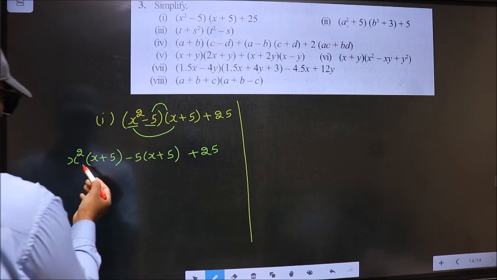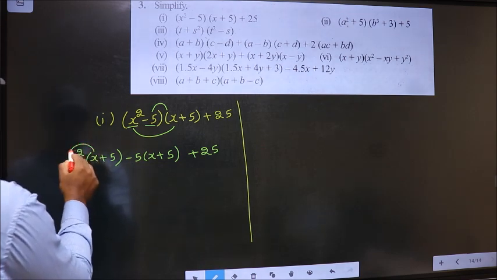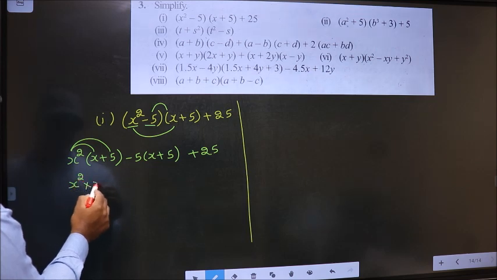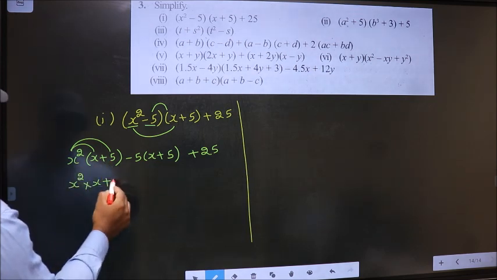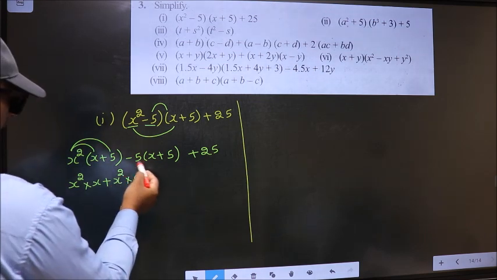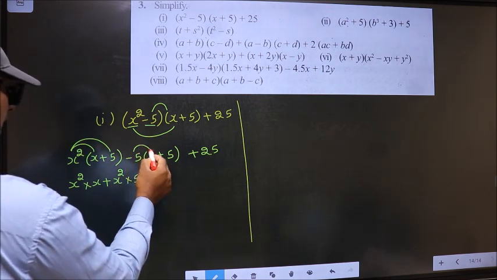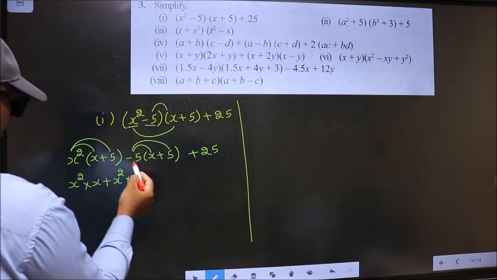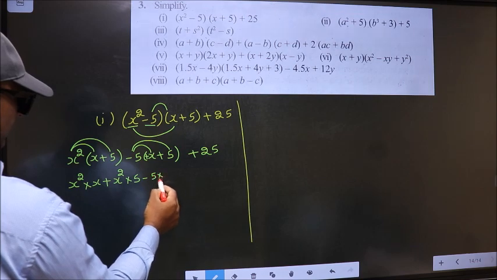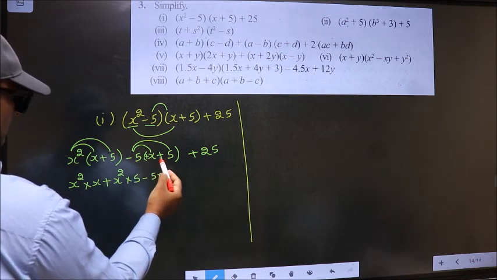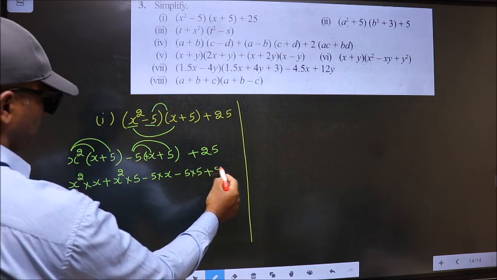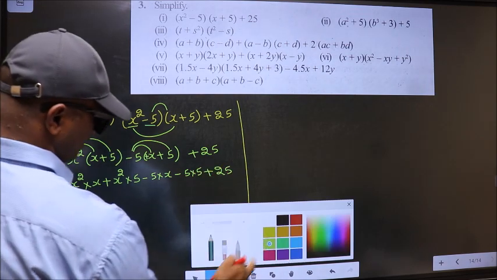Now here you should open up the brackets in this way. You get x square into x plus x square into 5. Now here we should open up the brackets in this way, that is minus into plus minus 5 into x, minus into plus minus 5 into 5 plus 25. Now